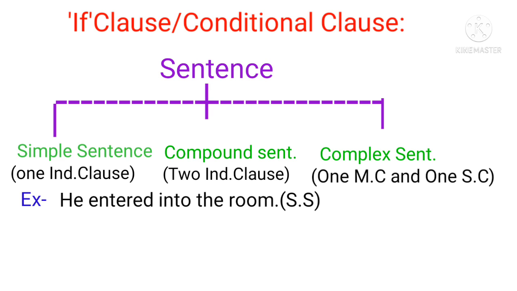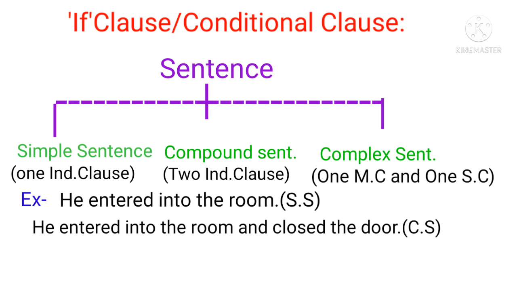For example, he entered into the room. This is a simple sentence. It consists of only one independent clause. It independently gives its complete sense. He entered into the room. Then second sentence, you see, he entered into the room and closed the door. Here it is a compound sentence, and